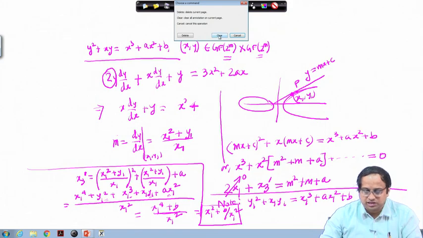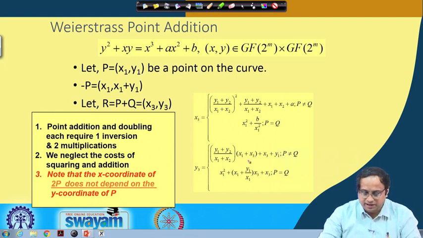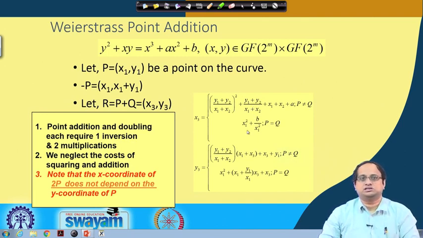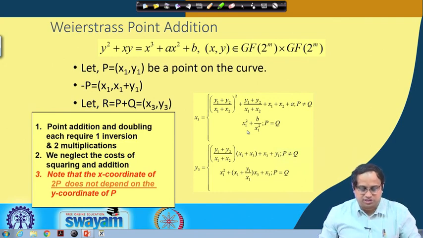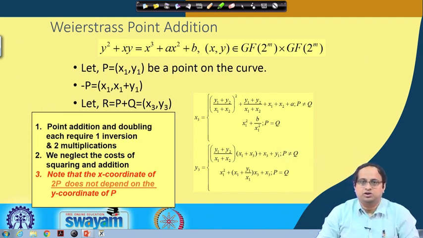So, with this setup, we can try to understand what the implication of this is. The first implication is that you do not require any y for doing the doubling. But of course, for the addition where P and Q are not the same, you still need y. Now what we will see is a method due to what is called the Montgomery ladder, which says that you can still do the addition operation by a trick, where you don't need to compute or store the y coordinate.